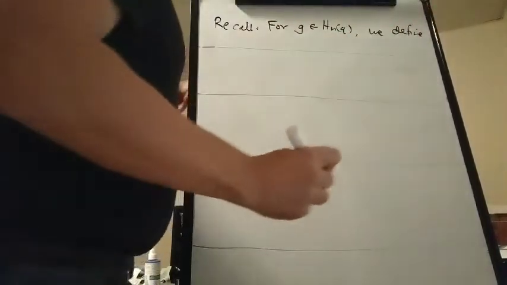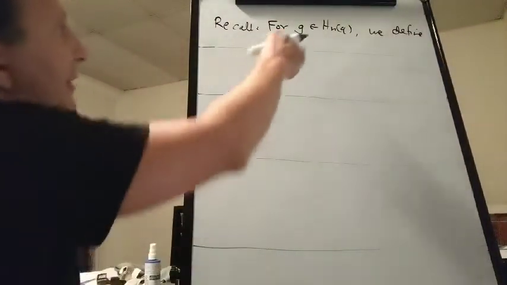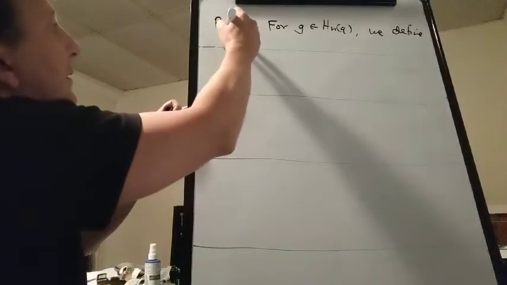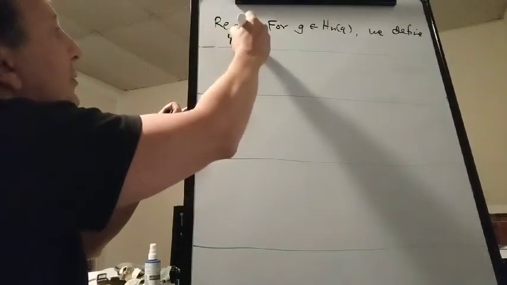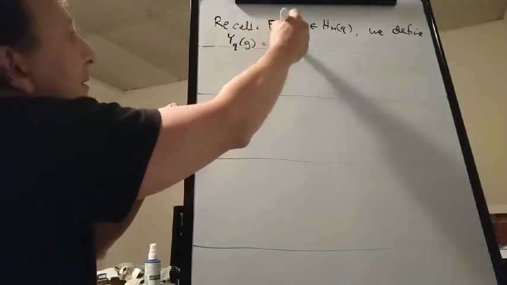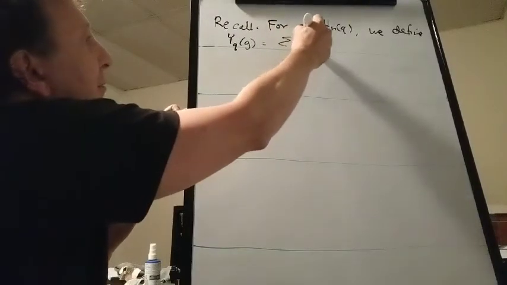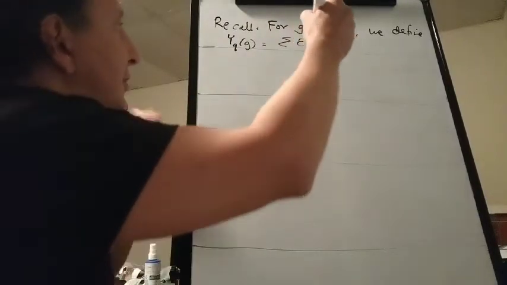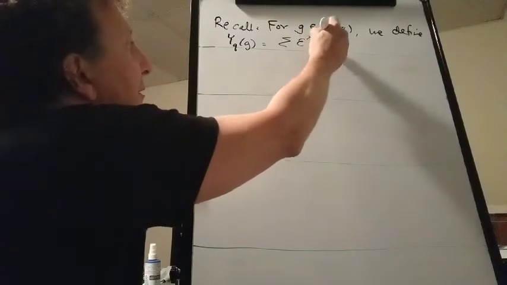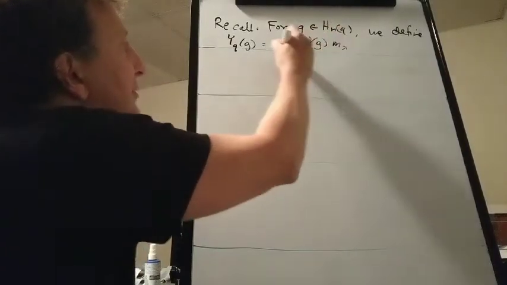So recall that we take a Hecke algebra element, we can define a symmetric generating function for characters evaluated at that element. So we define y_q of g to be the sum of induced sign characters evaluated at g times monomial symmetric functions,